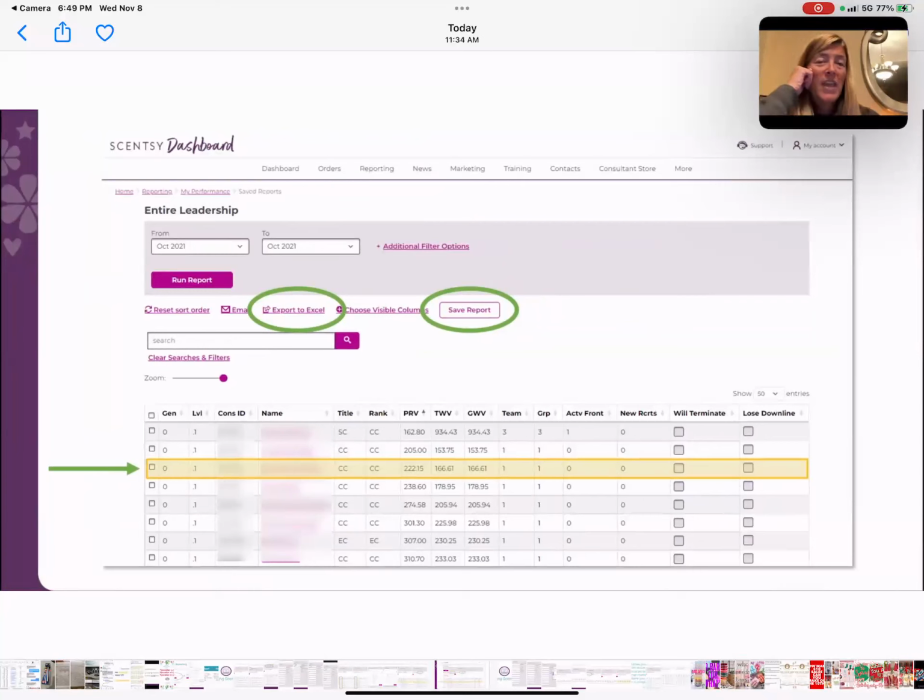So I'm going to go on here. At this point, you can export to Excel. I know, again, some of you are going, I have 3 people, don't really need to do that. That's fine, but that won't be forever. So you can export to Excel. You can do your mailing labels this way without having to handwrite things. You could do exporting to Excel by copying and pasting all of the people who did 200 PRV to 500 PRV if you wanted to give them a shout out, whatever. So this is just something that you need to know that you can do.